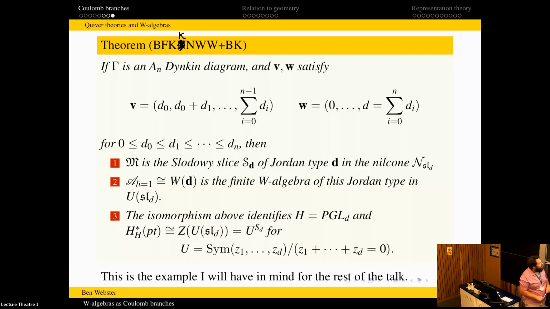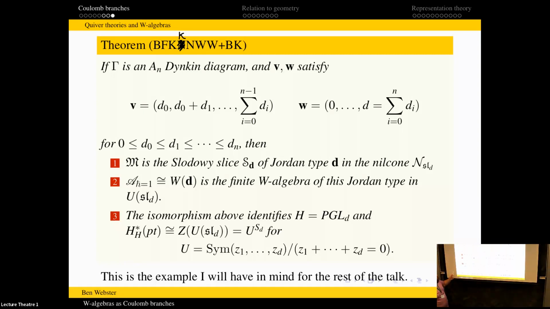So, there's also a Coulomb branch interpretation. This one I will stay a little longer on the combinatorial data involved. So, I take an A_N Dynkin diagram. My W is very simple. My W is just D, which is going to be the overall dimension of the space that my nilpotent is